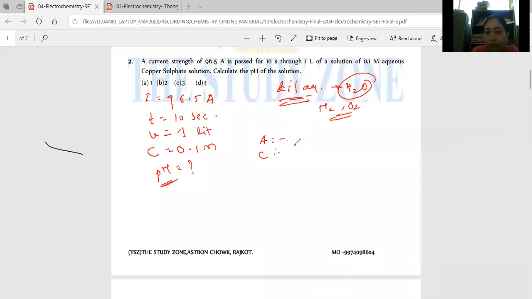Yes. Varad says anode H2O, right? Yes, H2O, very good. What about cathode? What will happen on the cathode? Yes, very good, Twinkle. It means we get products. What product do we get on the anode? If H2O undergoes oxidation, then which product do we get on anode?